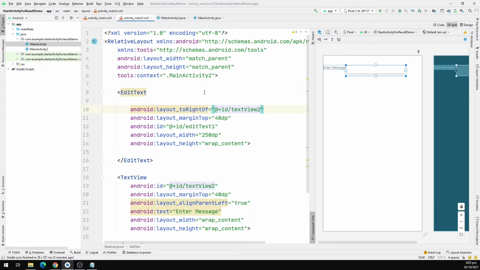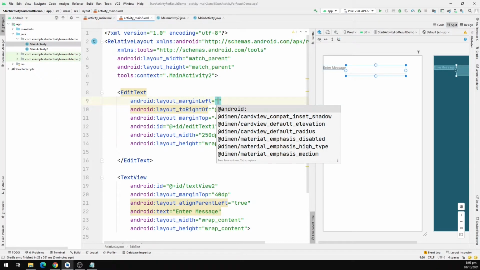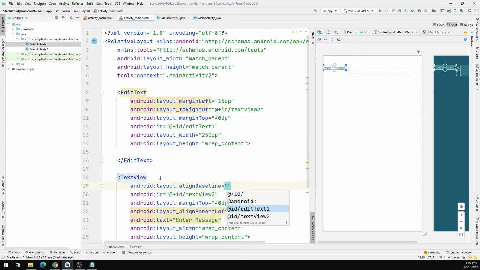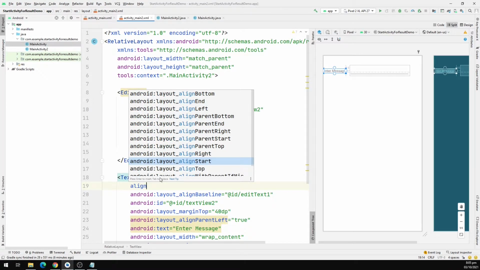We're going to give it a margin left, let's say 16 density pixels, just to make it look more nice. And we're going to align baseline bottom to edit text 1. Align bottom